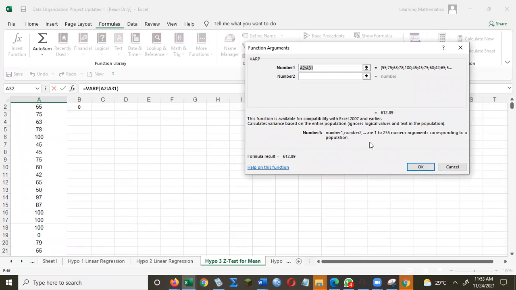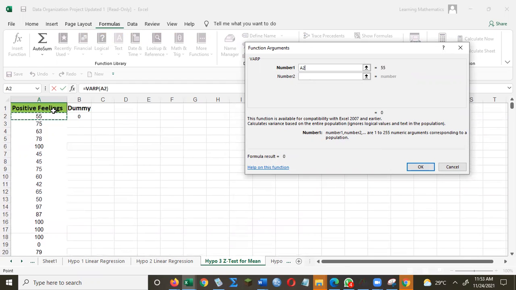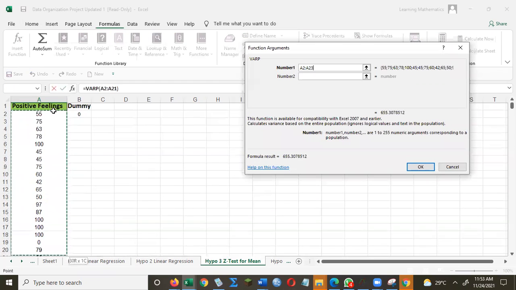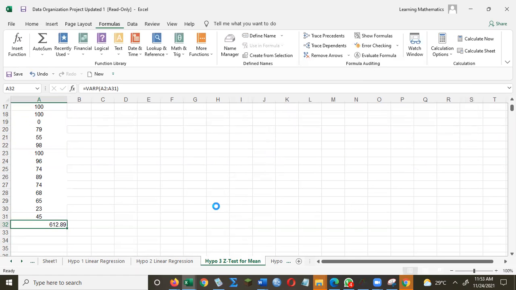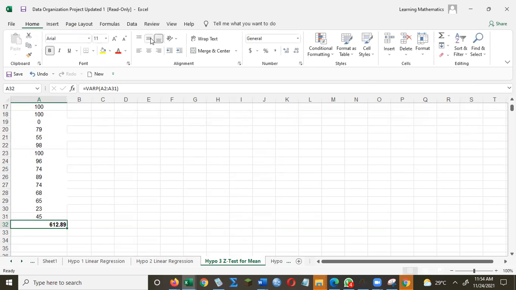Oh, you have to indicate to Excel which numbers you want to find the variance of. You want to find the variance for A2 to A45. And look, I've given it there for you one time, 612.89. So this is the variance that you've got to use when you are performing your